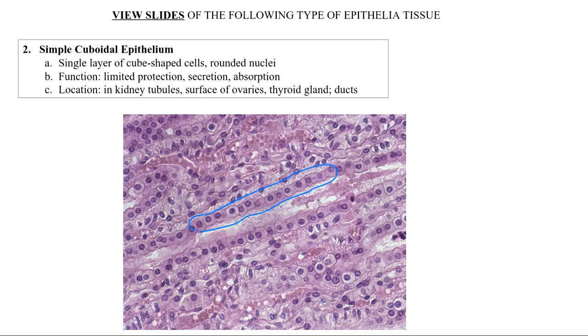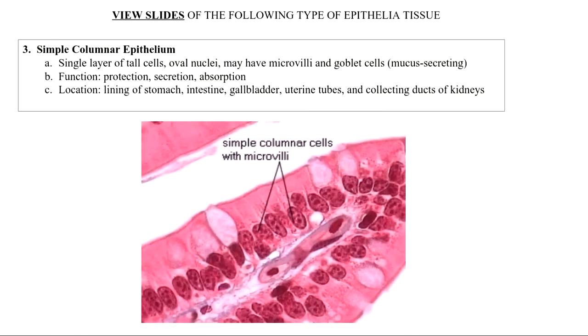And that's what we have for simple cuboidal epithelium. So one layer, cube-shaped cells. Don't see a whole lot of protection, but we see it in locations like the thyroid gland, kidney tubules, ovaries, etc., for simple cuboidal. Next we have simple columnar, and again, I go over all these tissues in great